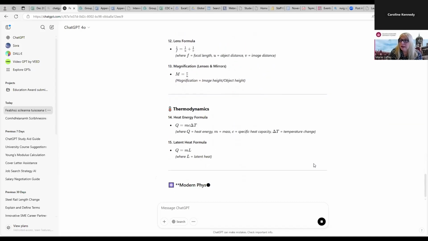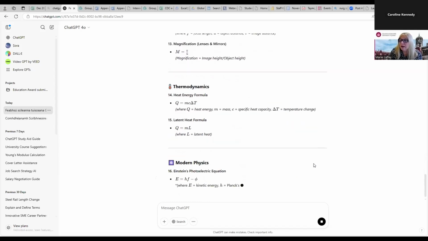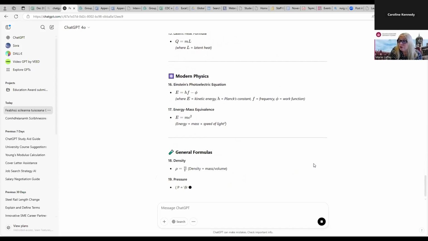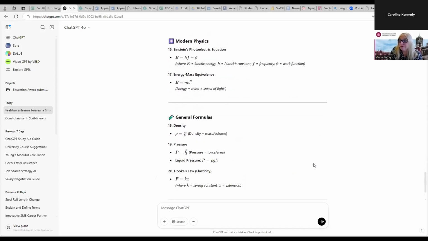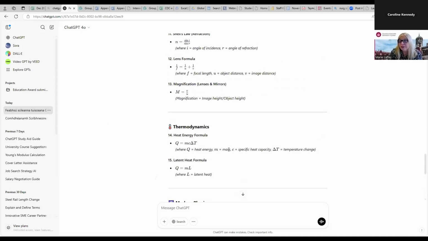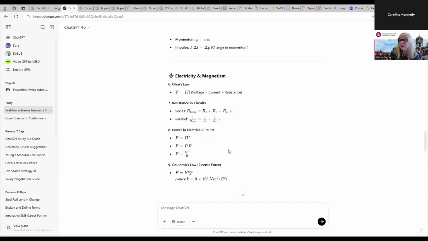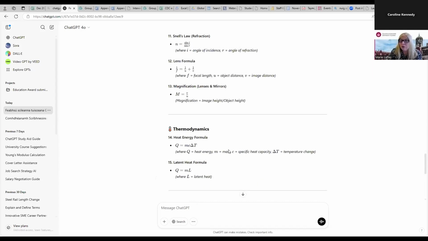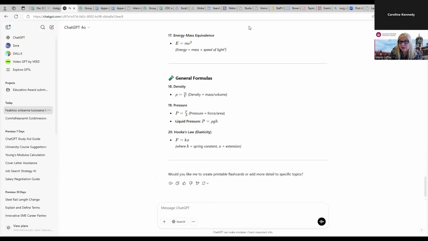This is a really important study aid, because you may have this information throughout your textbook and your notes, but this lets you access it very quickly using these flashcards. Do you want it to create printable flashcards, or you could even output that to a PowerPoint presentation, or we have DALL-E here on the left hand side, you could create images for these theorems in these flashcards. It's really up to you what you want, and it's coming from, as we said, the Leaving Cert physics. So again, be that specific around what you're looking for in terms of generating the flashcards. We'll stop again, and we'll just share the screen with the presentation.